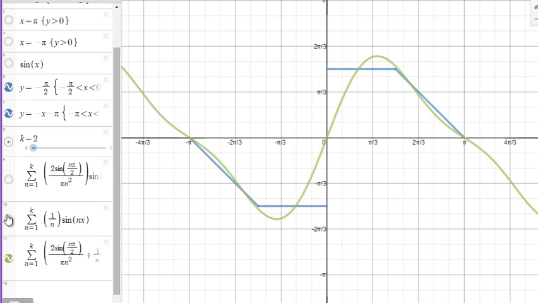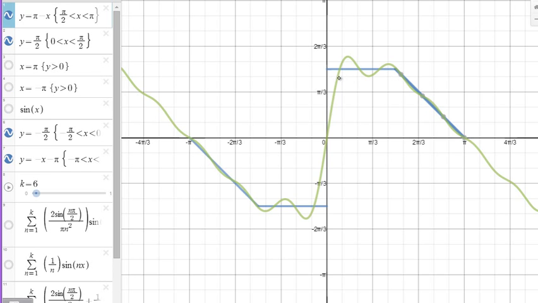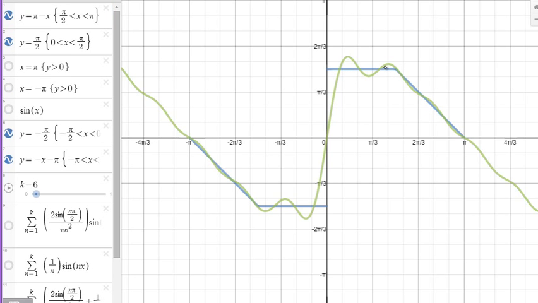So for k equals 2, we see a better approximation for our function, but that just means that we have a 2-term basis to work with. Next, let's ramp it up a little more. Alright, for k equals 6, we can see that we're converging to this line right here pretty quickly, but we still need to converge to this horizontal line. And we can see when we add more terms or more basis functions of sine, basically we're going to converge